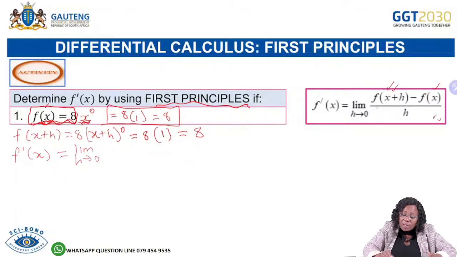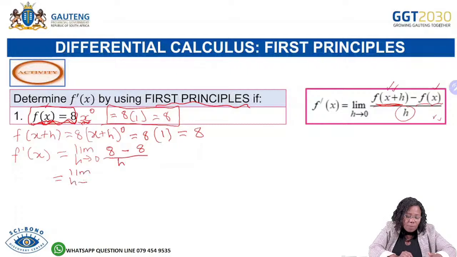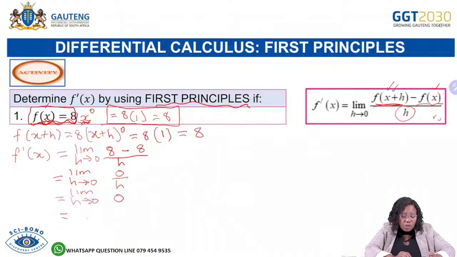Let's substitute now. What is f at x plus h? That is 8 minus the f at x, which is also 8, divided by the h on the denominator there. Let's simplify. We are still having our limit of h approaching 0 there. So 8 minus 8 will be a 0, and then over h. So we are having the limit of h approaching 0 of 0 divided by h, which is a 0. So the limit of h approaching 0 of a 0, therefore it will give us an answer of 0. This is basically telling us, grade 12, that when you are differentiating a constant number, your derivative will be